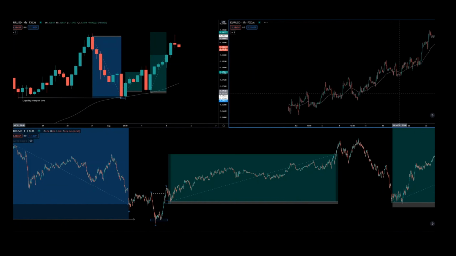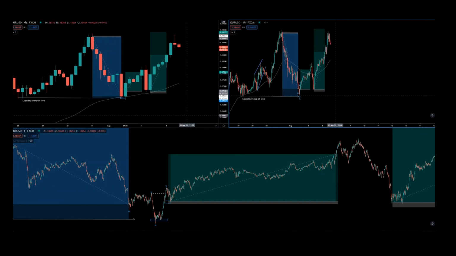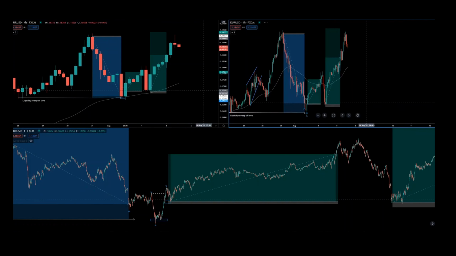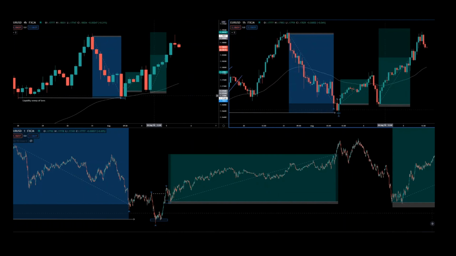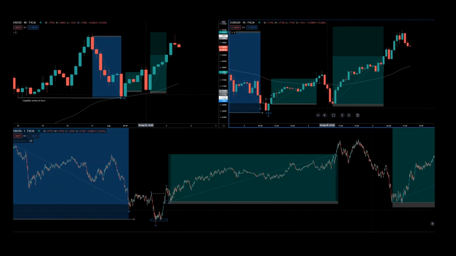So if we look on the 1 hour chart, this is where things started to kind of fall into place for why we were looking at this trade. There's basically two major things on the 1 hour chart, using this 4-hour higher low as our essentially reason for entry. So if I look on the 1 hour chart, and let me just grab a box tool,